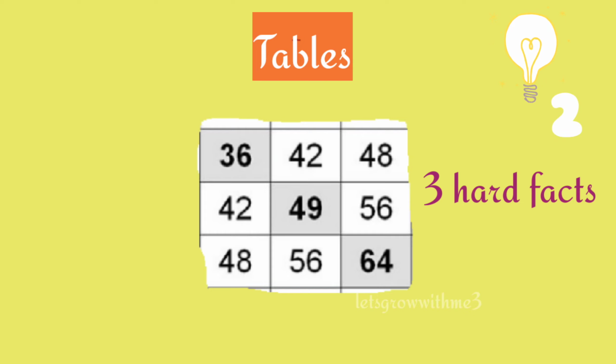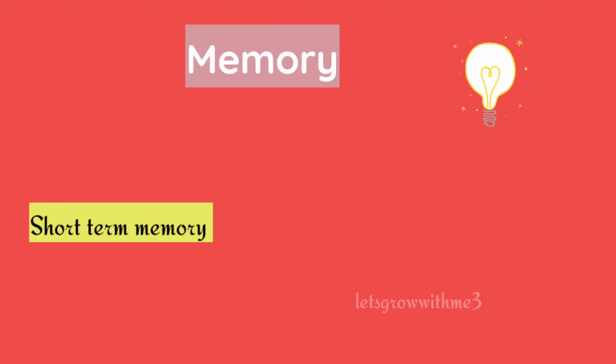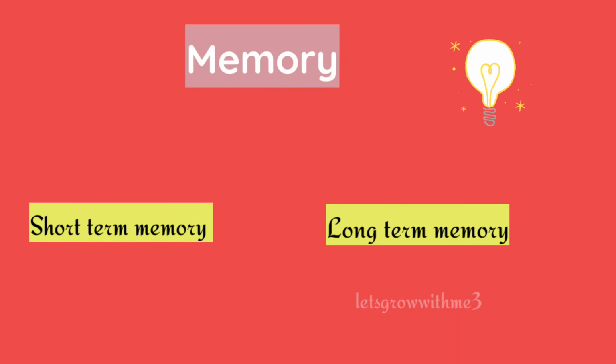So now let's see about memory. Memory functioning is made up of two things. One is short-term memory and the second one is long-term memory. By using a few tips and tricks, we can easily save the data in short-term memory. But it's not that easy to save the information in long-term memory. But the retention in short-term memory is very low when we compare it with the retention of long-term memory.